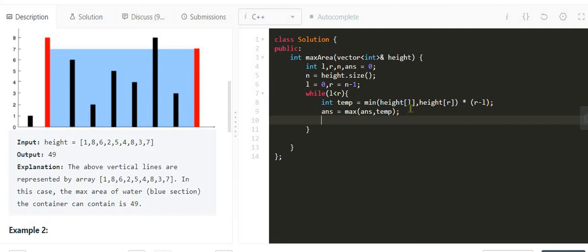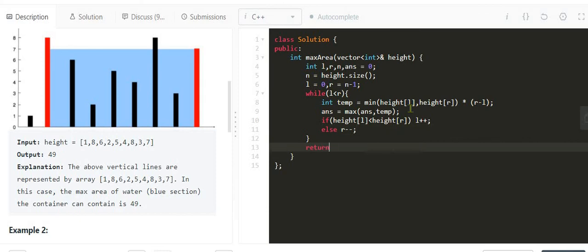Then we have to move either our left pointer or right pointer. If height of left is less than height of right, then we will increment our left pointer, else we will decrement our right pointer, and in the end we have to return our answer variable. So let's submit this problem.